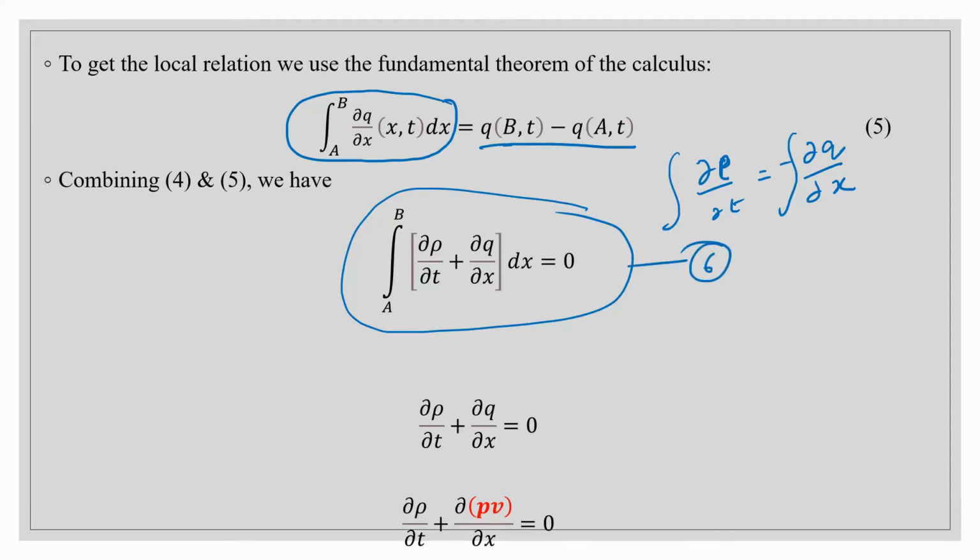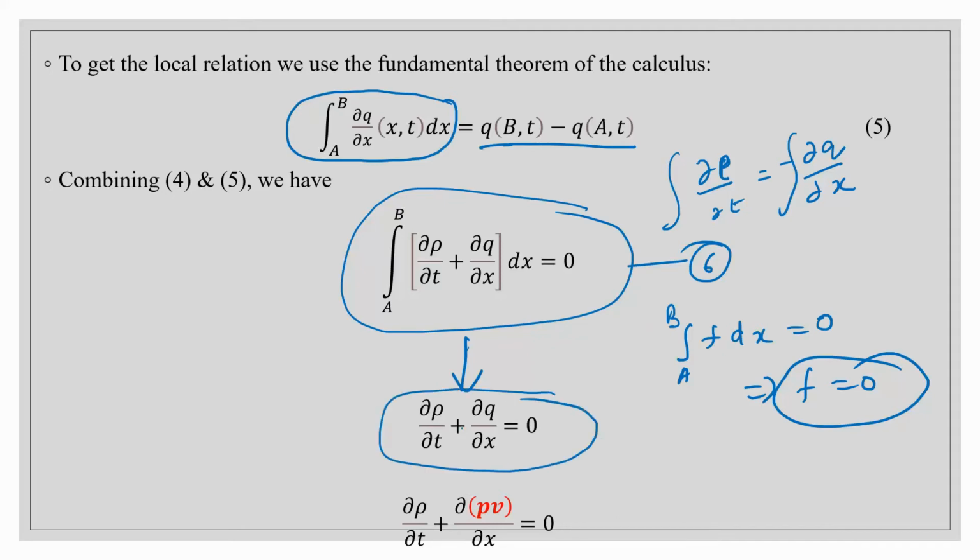Now you know that if I have a continuous function f in any closed interval, say [a, b], and if my integral is equal to 0, this means that f is equal to 0. So I have used this result to say that if this integral is coming out to be 0 between a and b, and this is a continuous function, then my function should be equal to 0. So this is mainly the macroscopic traffic flow model. This is the macroscopic traffic flow model, and in the previous class we have seen that q is equal to rho into v.